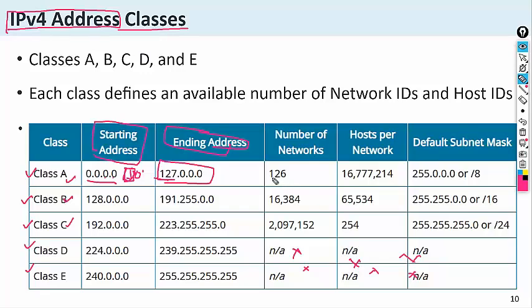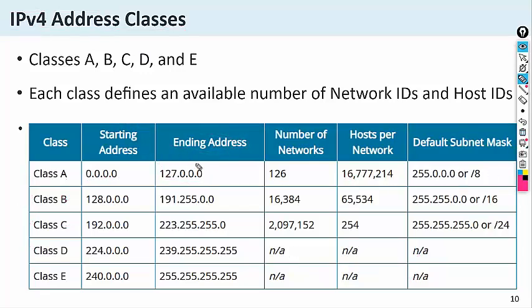The number of networks is 126, but the number of hosts per network is large. Why is that? Because in class A, the first octet is used for the network and 3 octets are used for the host. So the networks are 126 and the hosts are